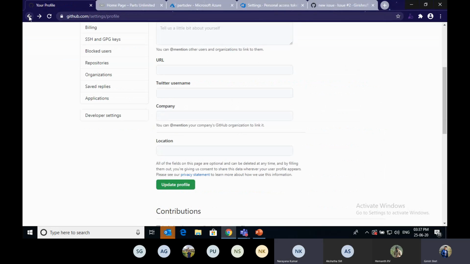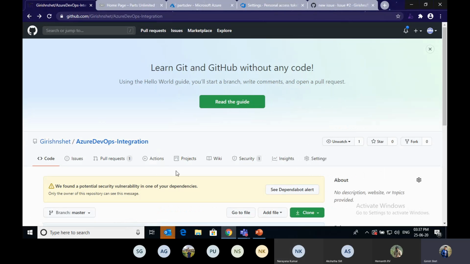Girish, I have another query. Actually, in the project, you have created the GitHub connection, right? Is there any way to create GitHub connections at the organization level?